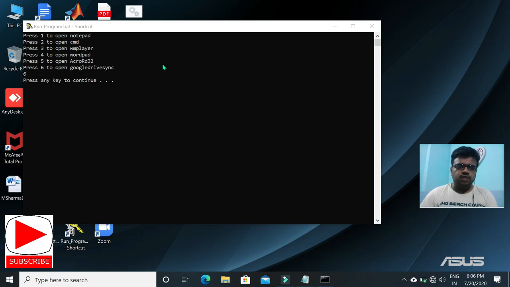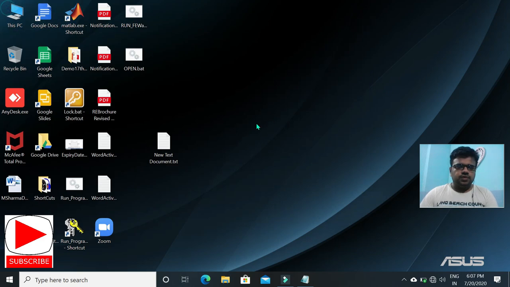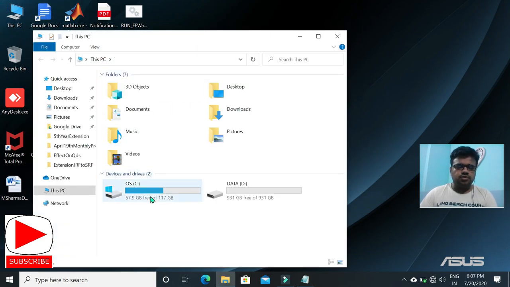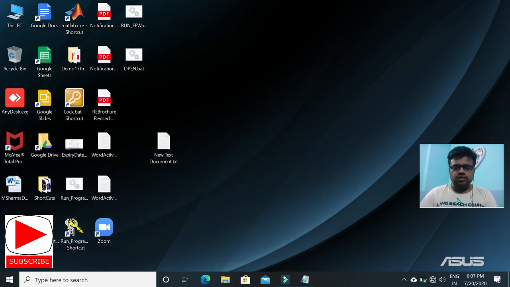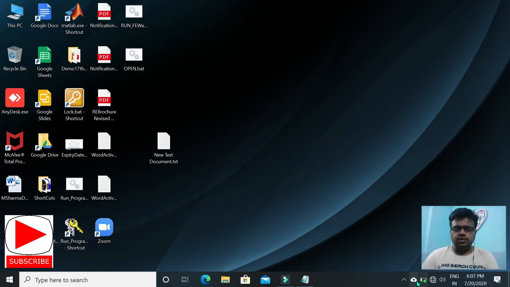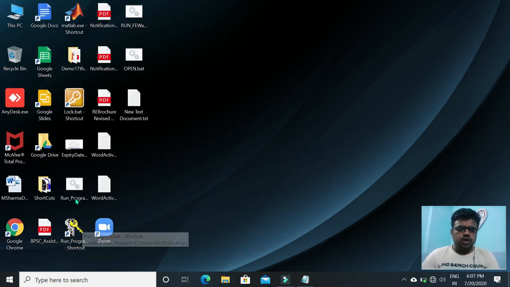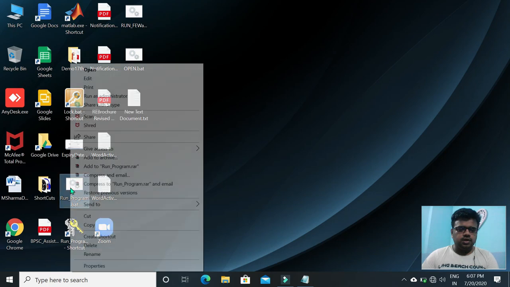So it is very helpful for me, because I don't have to go into the computer, then go to C drive, then go to the specific program file, then go to the specific Google Drive files, and then open the Google Sync. By using this technique, I can easily open or run the Google Sync application from Google, which is very convenient for me. So how am I doing this? Let me show the code.